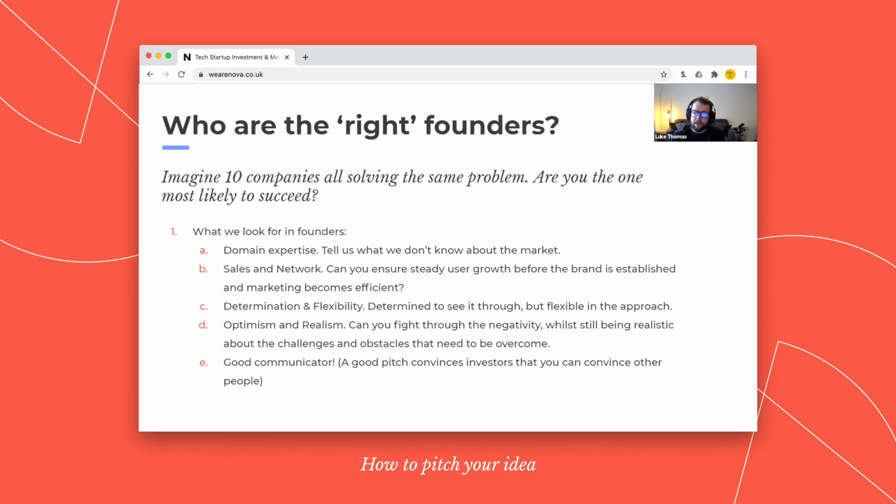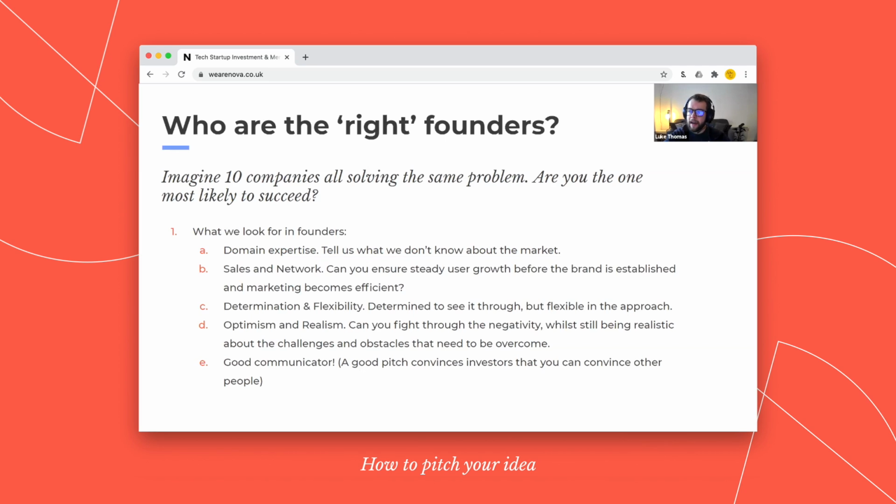Another similar one is the balance between optimism and realism. Starting a startup is so hard that we need people who are relentlessly optimistic, people who really do believe in the final outcome, people who are willing to push through difficult times in order to see their startup succeed. However, we're an early stage startup, and this comes back to being flexible. Be realistic with the challenges that you need to overcome to get your product to market, to get your company started. We're not looking for someone with all the answers, but we do want to work with someone who can be optimistic about the company whilst being realistic about the challenges we need to face.